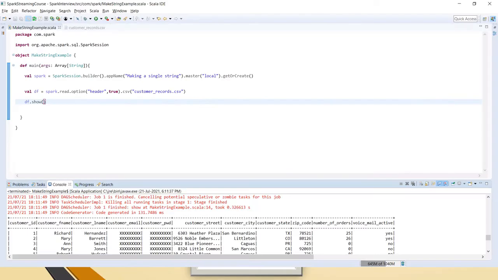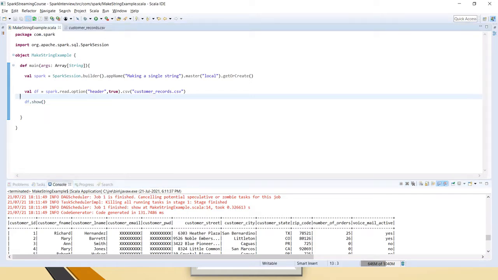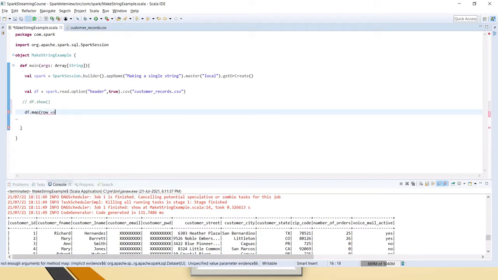Then what you have to do is df dot map for every row, because we have to convert that into a row, right? Anything you can take basically. Dot, we have a function called mkString, and let's say pipe delimited. You can give anything here, I mean pipe, tilde or whatever you want, you can give it here, and show.